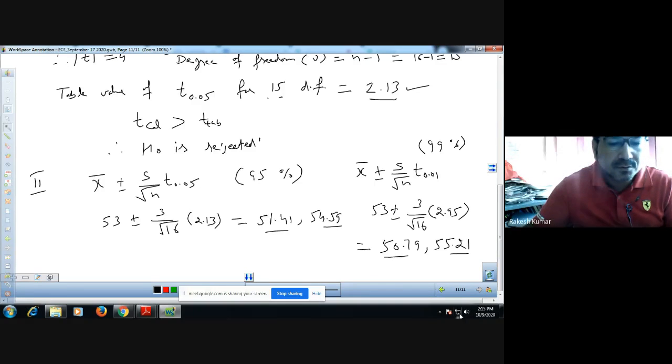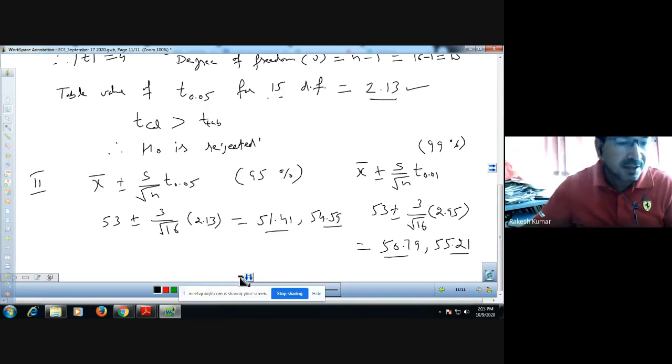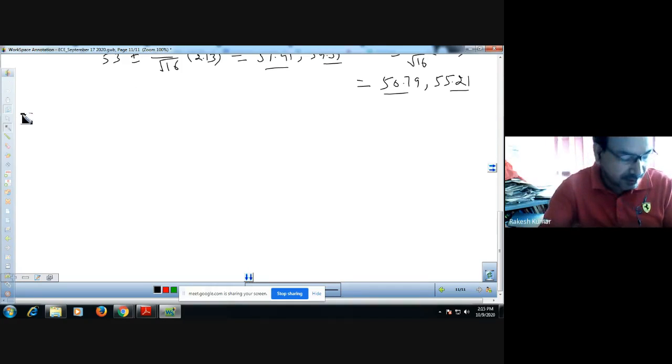So this is the way by which we can apply the t distribution. Now one more question is this, in which we need to compute mean deviations from the mean. And the question is,